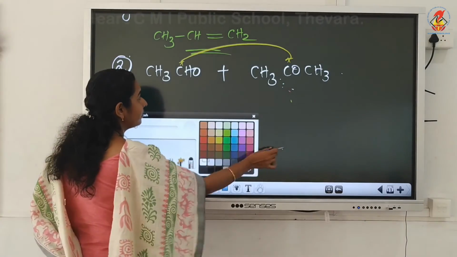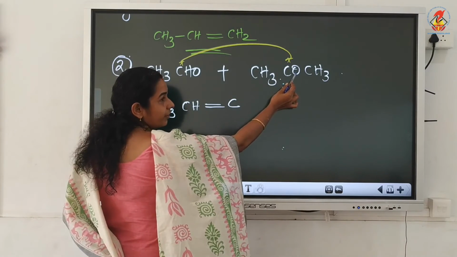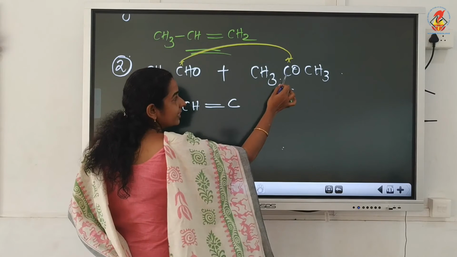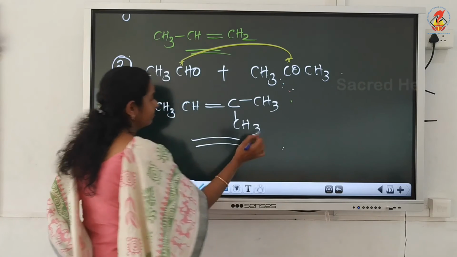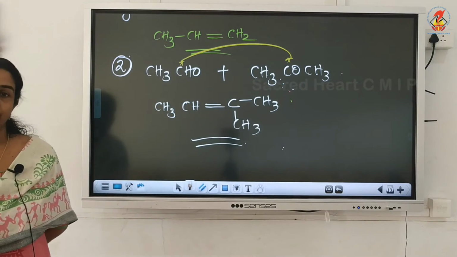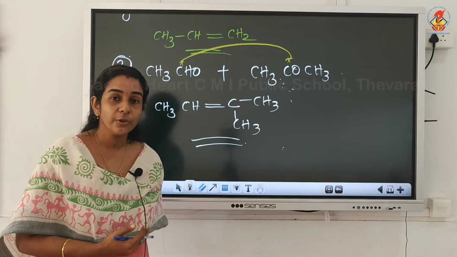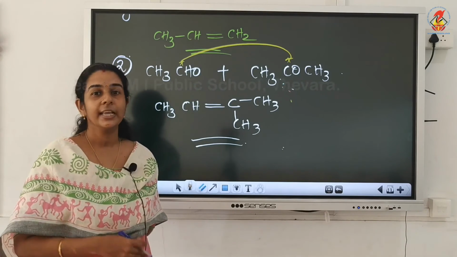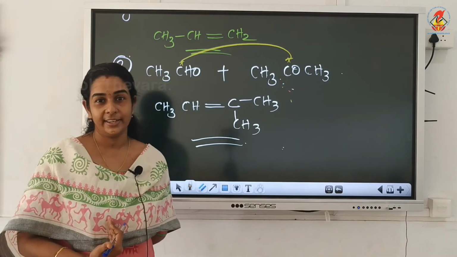So tell me what is the product we will be getting. Read from here. CH3, CH, remove oxygen, and this carbon we have to connect with this carbon using a double bond. And we have to remove oxygen from here also. Then what else is remaining on this carbon? 2 CH3 groups. So this is about the alkene. Hope it is clear to you. So there can be a question in the section to write the product of ozonolysis. And the second pattern of question coming is from the product to identify the alkene.